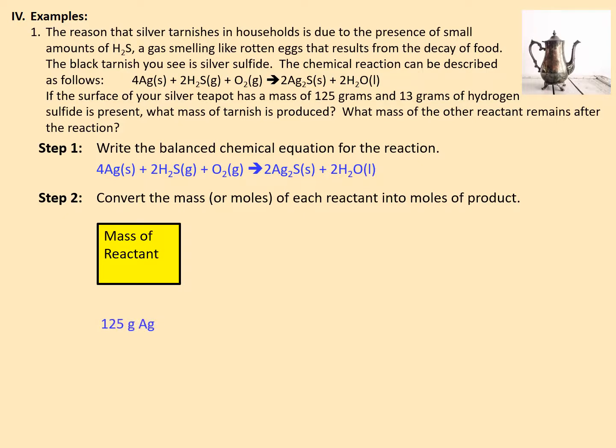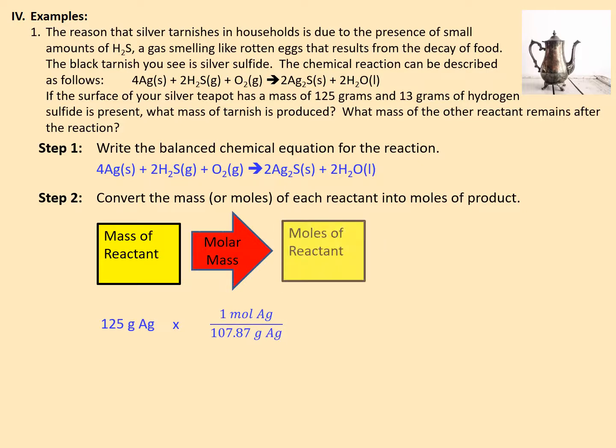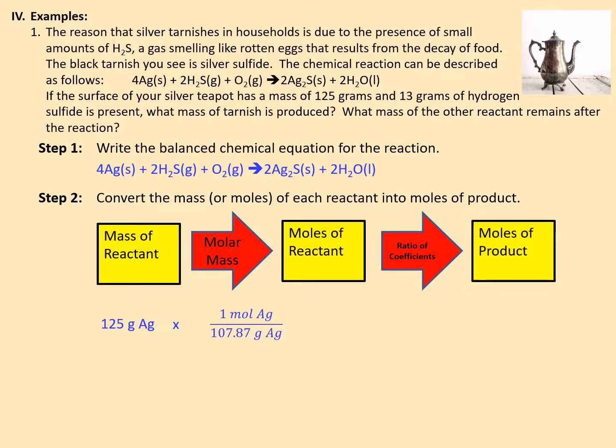We've got 125 grams of silver. We'll use the molar mass of silver to convert that into moles of silver, the moles of the reactant. So here we will arrange our molar mass this way so we cancel out the units of grams. We're then going to use the ratio of coefficients to convert the moles of a given reactant into the moles of product. So here, from our balanced equation, and the product we're interested in this problem is